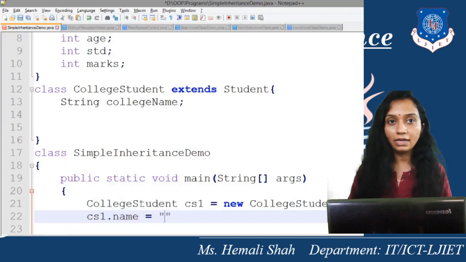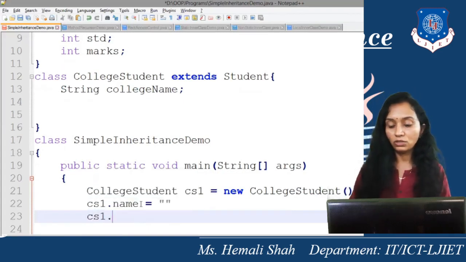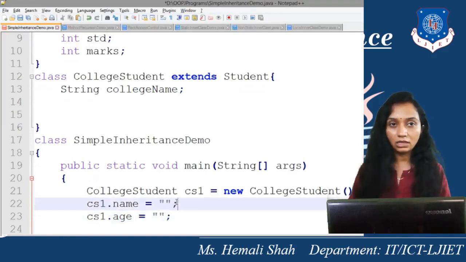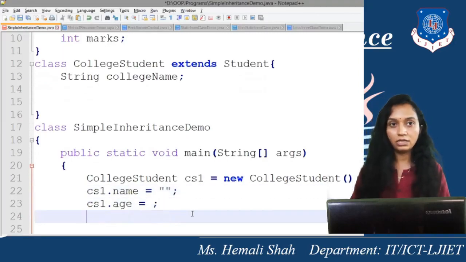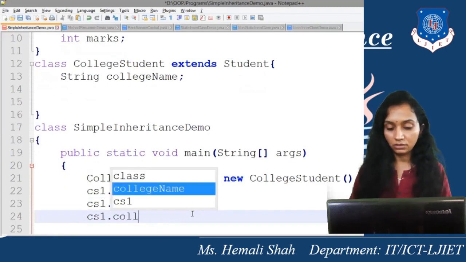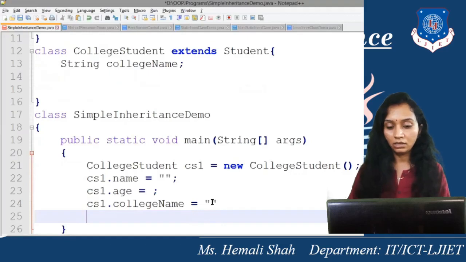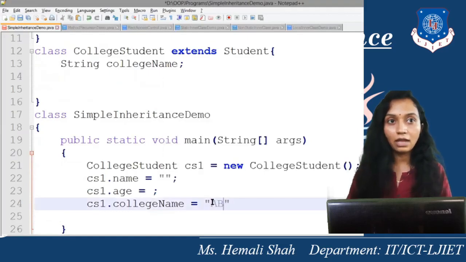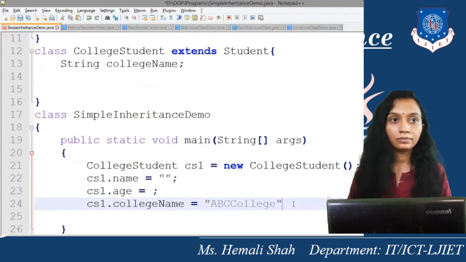For that I want to assign all the properties by using the object cs1 dot name equals to this, age should be integer over here, then cs1 dot college name, which is a newly added property in the college student class. Here I want to give the name ABC college, right?